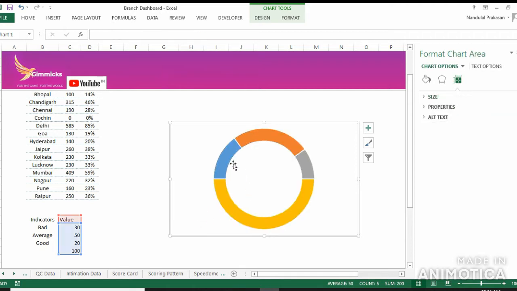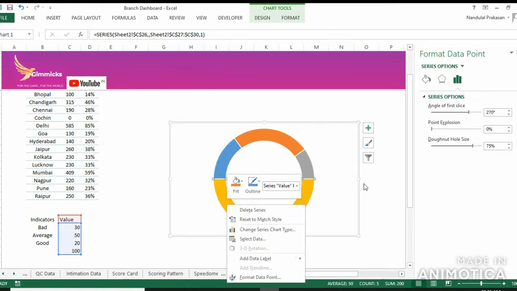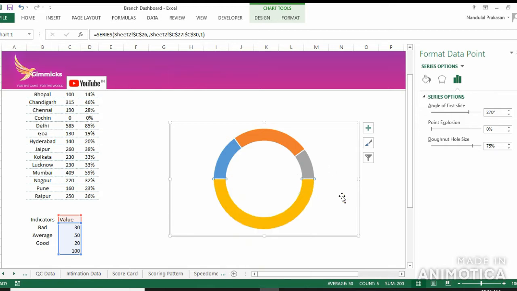So what I'll do is this segment, this yellow part of the donut chart, let's format it. Here I already have the format menu. I'll go to the required option, which is fill and line.